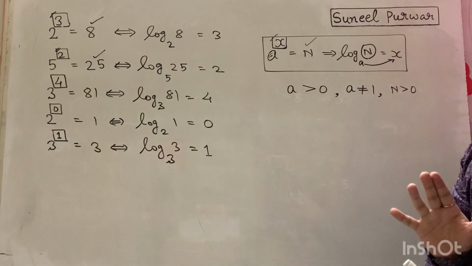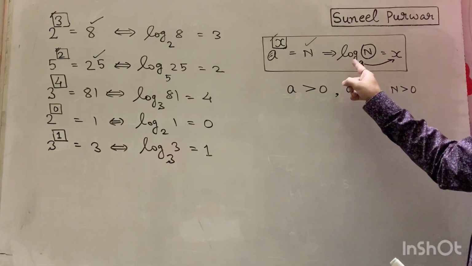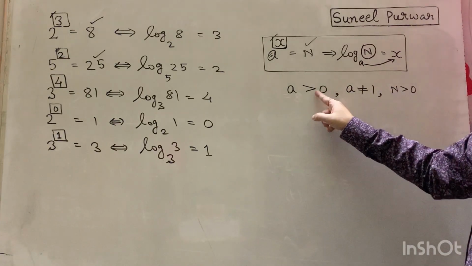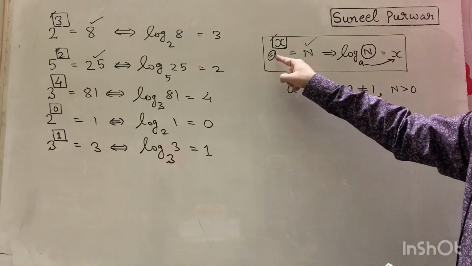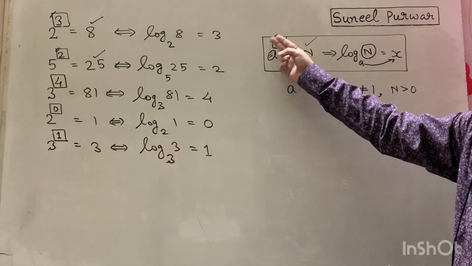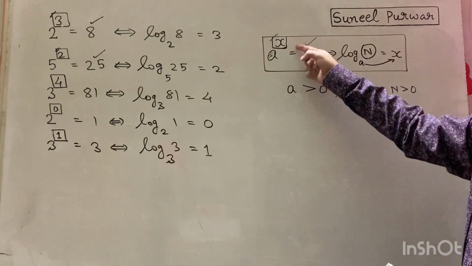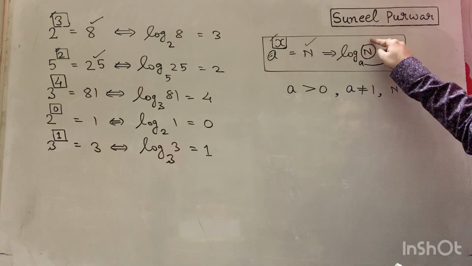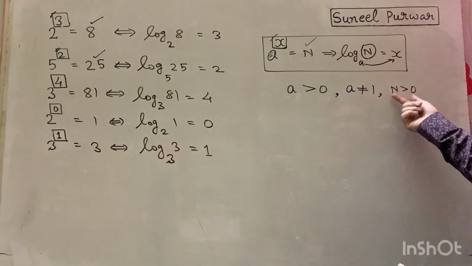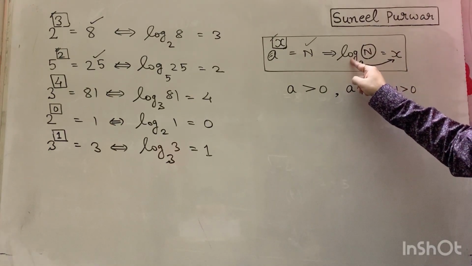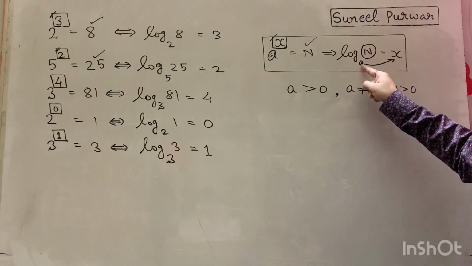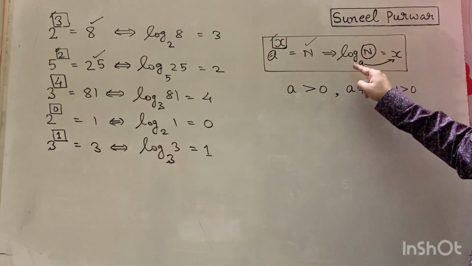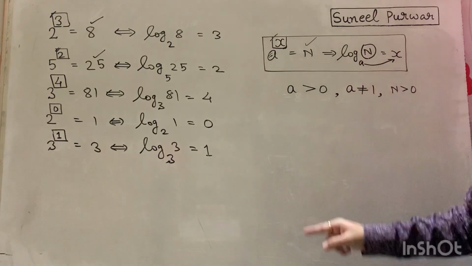So the point to be noted is, number one, logarithm can be found only when its base is positive. Now you see, a positive number power anything will also be positive. So that means n will also be positive. So logarithm can be found only for a positive number. We are finding here log of n, and n is already a positive number. So logarithms can be found only for a positive number, and the base must also be positive. So log can be found of a positive number and only at a positive base. And there is one more condition.